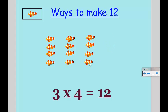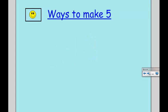And I could put them in any pattern I wanted. Just one way of looking at it. And that's a composite number. It's made up of prime numbers. Now I run into problems sometimes because of 5. So if I take 5 smiley faces,